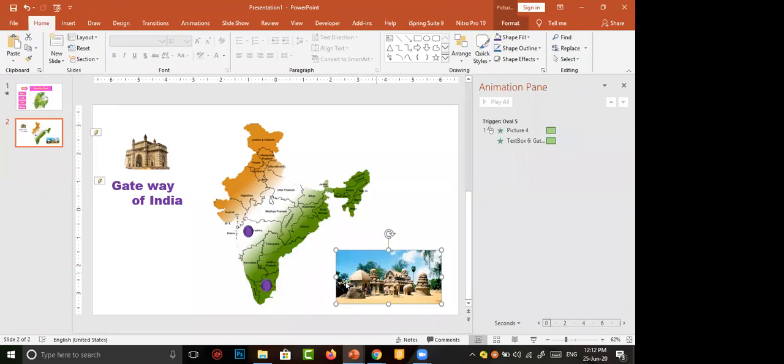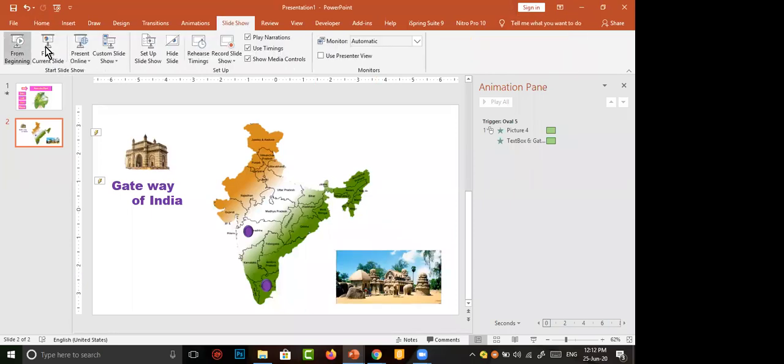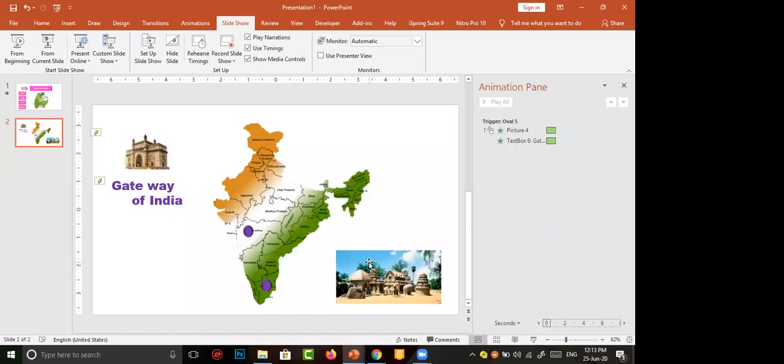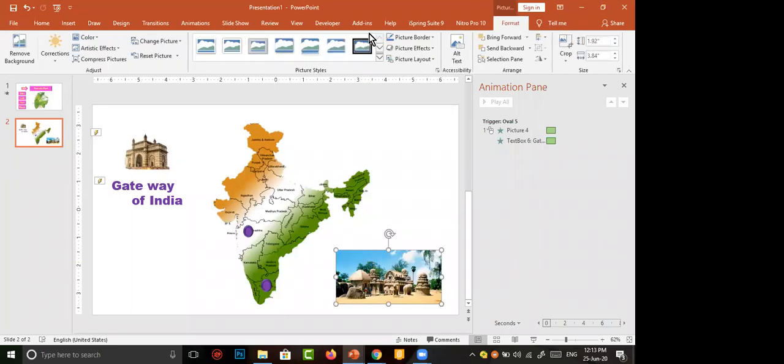But just to see it in slideshow mode, this picture is not nice with this outline. So I want to change the outline shape of the picture. If you insert a picture and select it, then go to Format. This option will be enabled. In these options, we can change the shape.